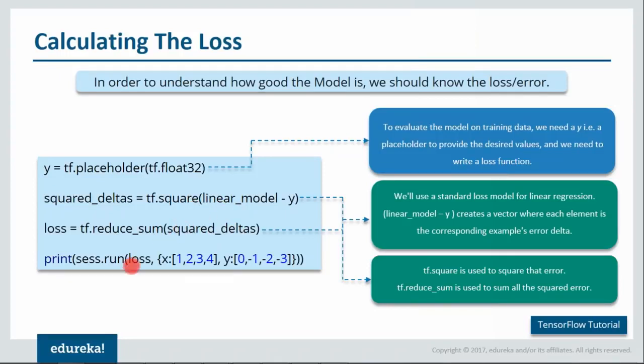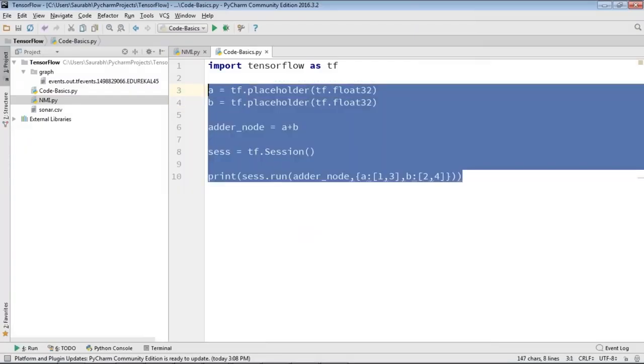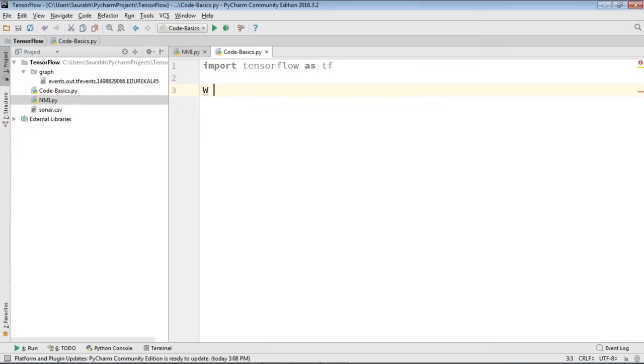Then what we have done, we will run the session, calculate the loss, and we'll feed in the values of x and y. So I'll execute this practically. For that, I'll open my PyCharm. Let me remove all of this. So yeah, first we'll define a variable